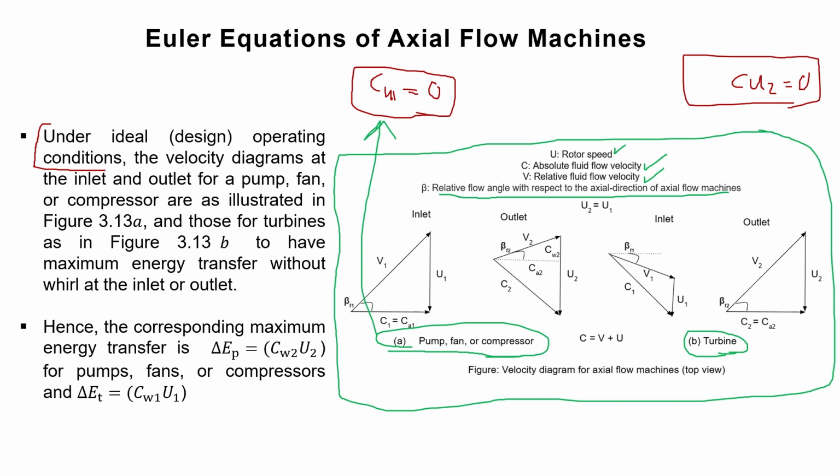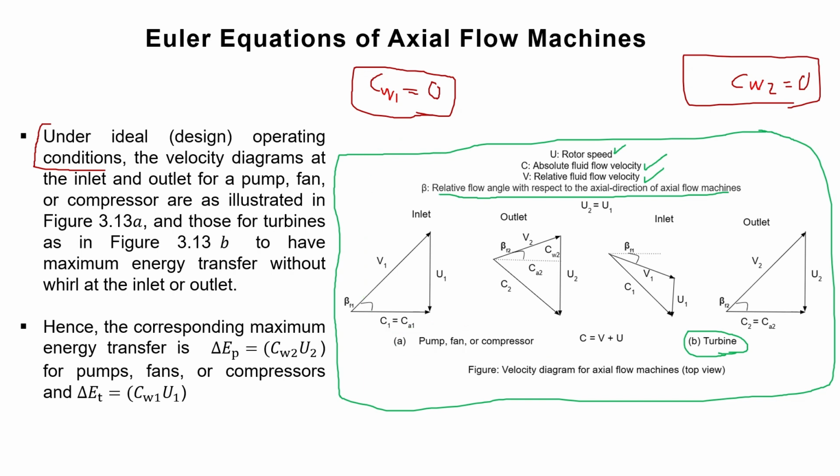It's not U. It's C sub omega, because remember, earlier in the previous slides we said that C sub omega is the one that represents the tangential component of the absolute velocity. Similarly, we need to delete this U and replace it with W. So if this is the case for a pump, fan, or a compressor, we draw the velocity triangle as shown here